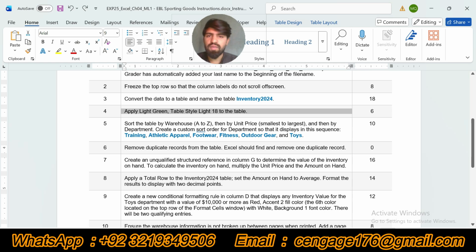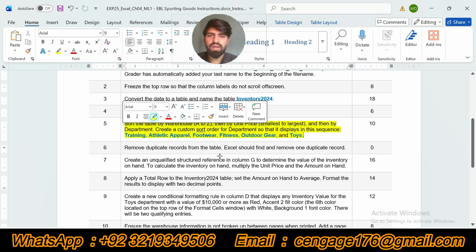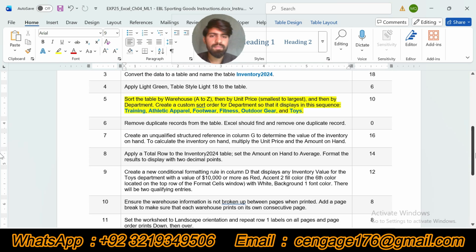So now we will move to our next step, that is step number 5. Our step number 5 is sort the table by warehouse A to Z and then by unit price smallest to largest and then by department. Create a custom sort order for departments so that it displays in this sequence: training, athletic apparel, footwear, fitness, outdoor gear and toys. We are supposed to sort the table by